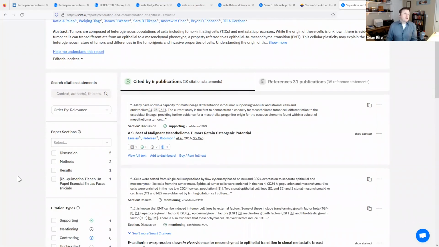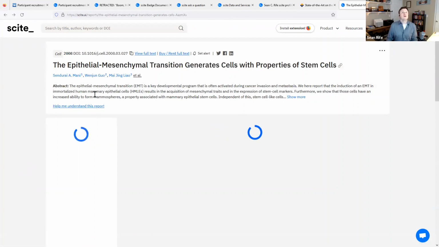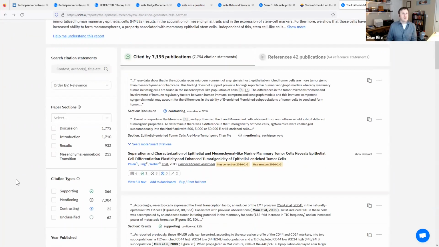Okay, so again, you can do some additional filtering with these types of reports. Let me go back to, where was I? Oh, I hit it back here. You can do a lot of common filtering with this type of work. So again, a lot of the things that you would normally expect, such as citing or breaking it up by year, so the date in which a paper was published.